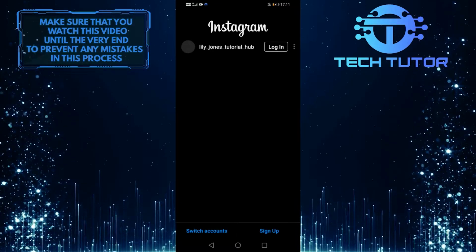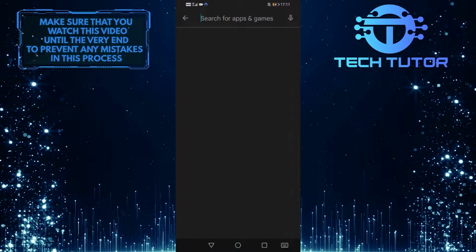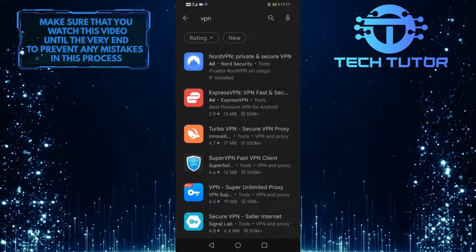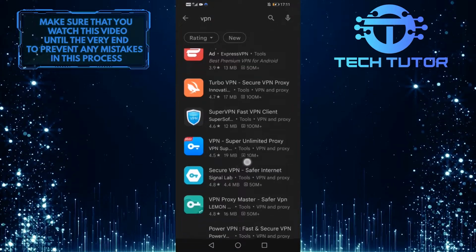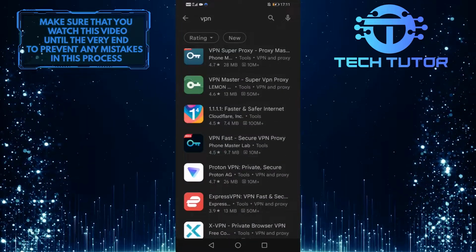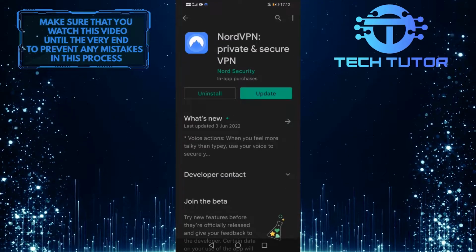And then exit the Instagram app, open up your Google Play Store, and search for a VPN. You can download any one of these free VPNs because they are kind of the same and you will only need a VPN for a couple of minutes. So I am already using NordVPN, so I am going to open that up and then,